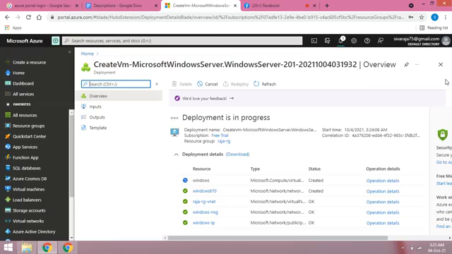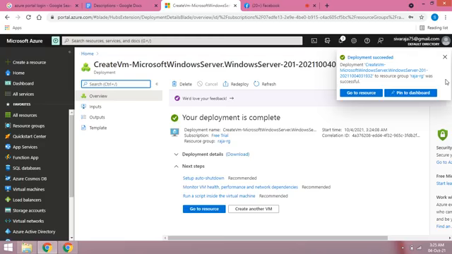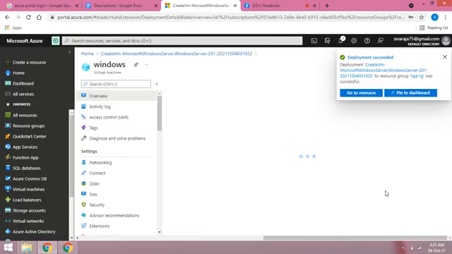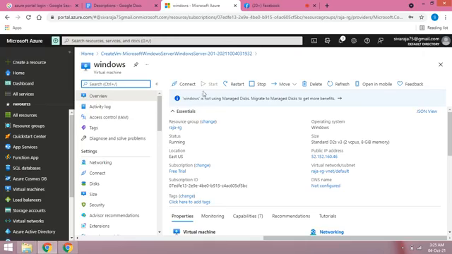So now the deployment is in progress. The VM is created. So now what we have to do? We create this VM, and we create the disk in our storage account.